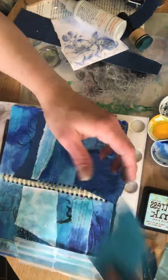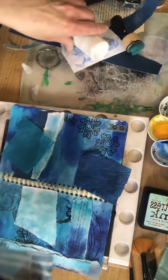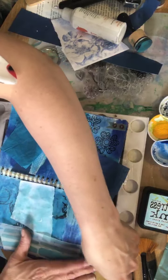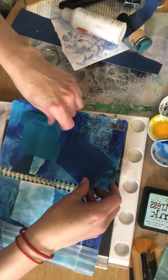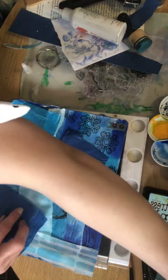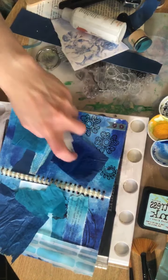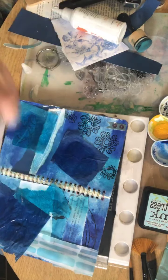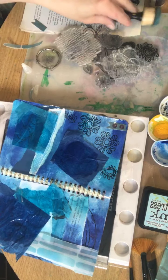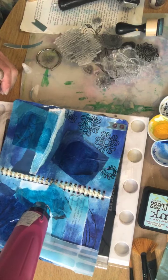So I'm just going to put it into the positions that I want it. Let me just glue this first. Okay. So we're going to put it into the positions we want. I'm going to put a nice big bit on there. Trim that down a bit. And then what we're going to do is spray. Just allow that to dry off for a minute. And what you can do is you can actually use a heat tool